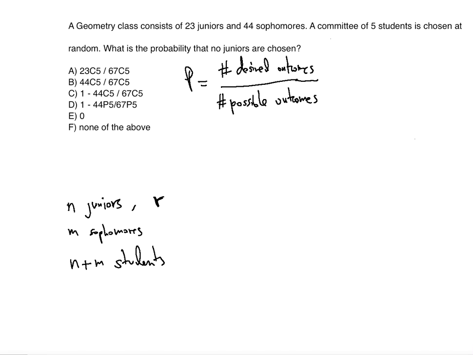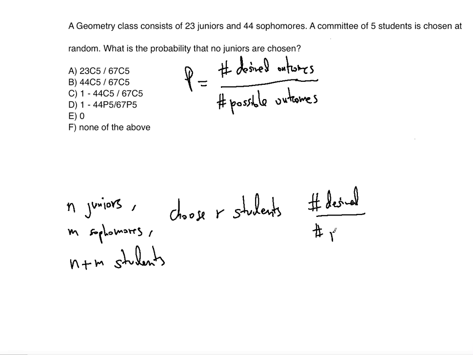Okay, and we want to choose R students. So if we want to choose R students, basically the number of desired outcomes